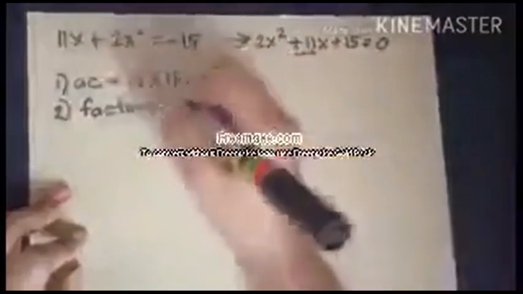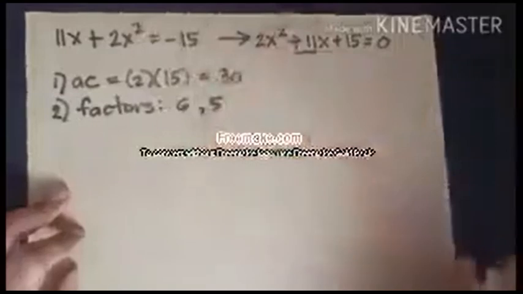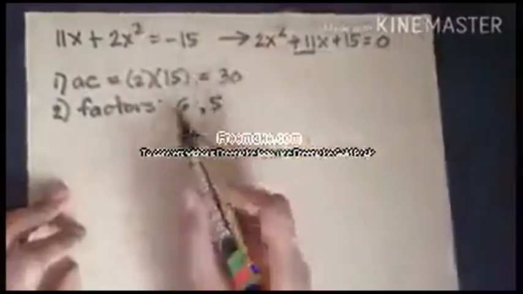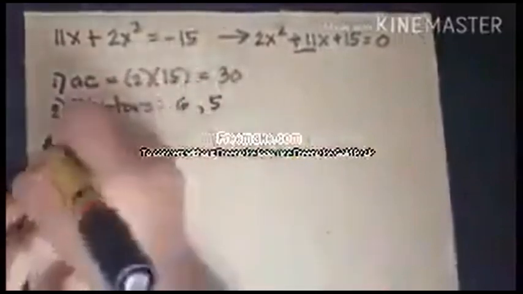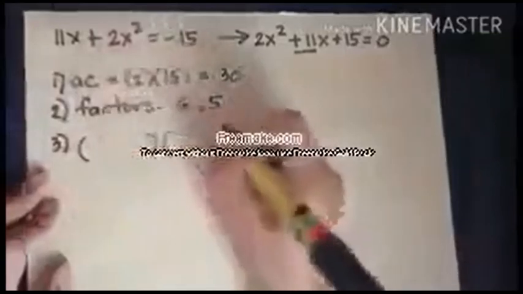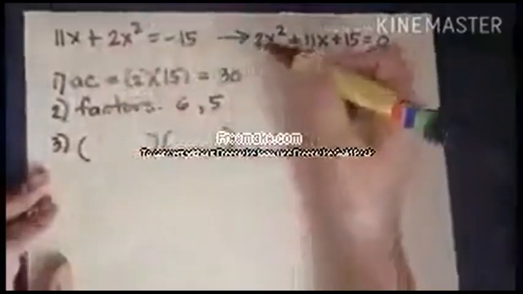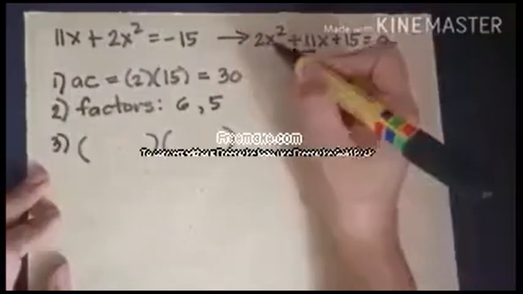It is 6 and 5. 6 times 5 is 30. 6 plus 5 is 11. Okay? So next, we are going to form two binomial factors using the leading coefficient to be the coefficient of